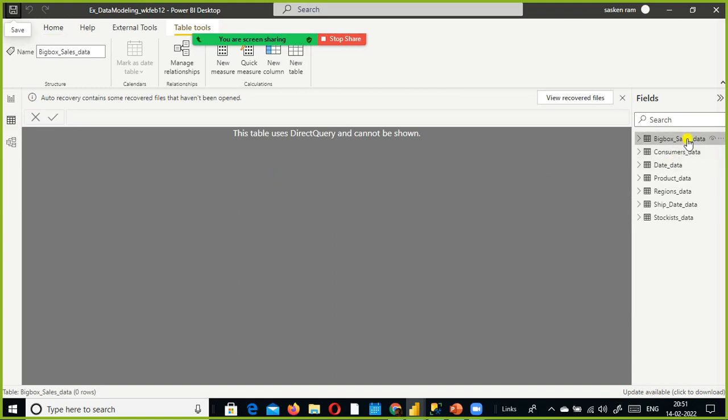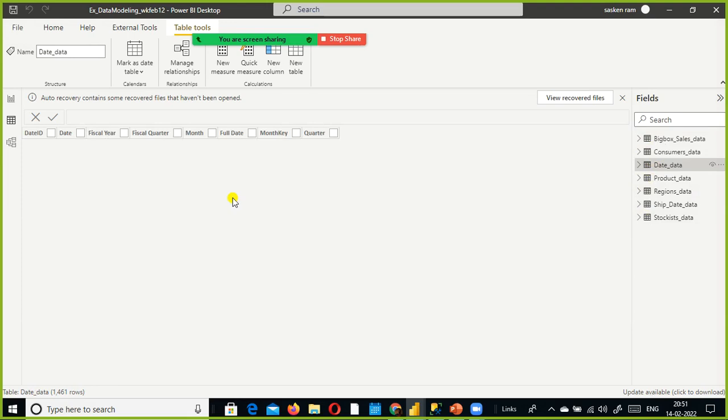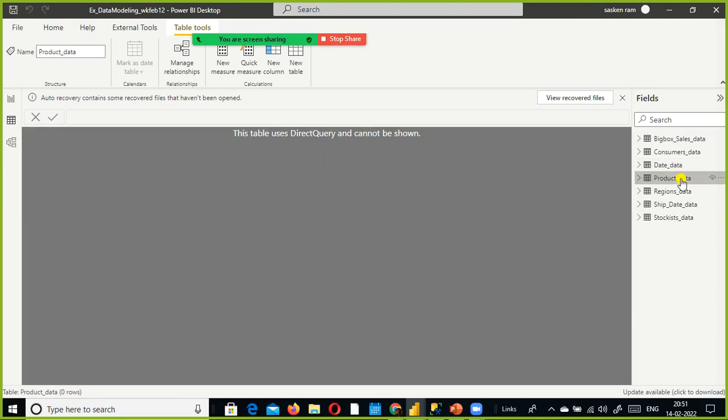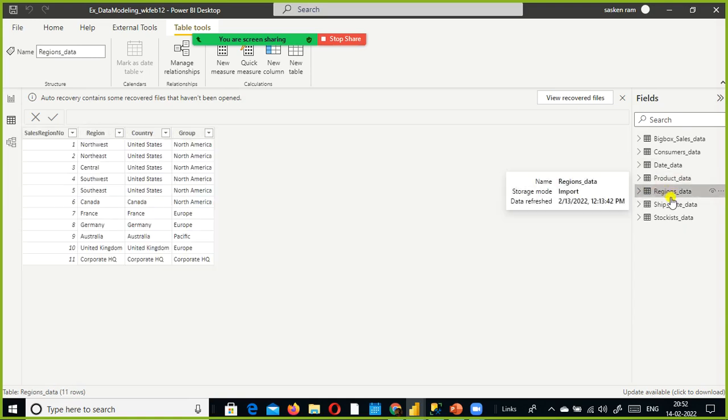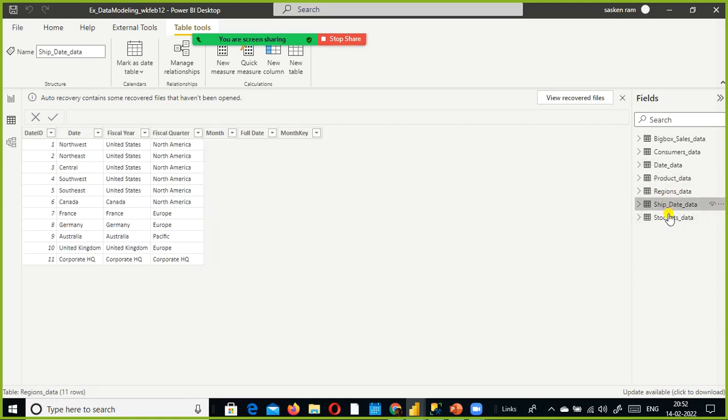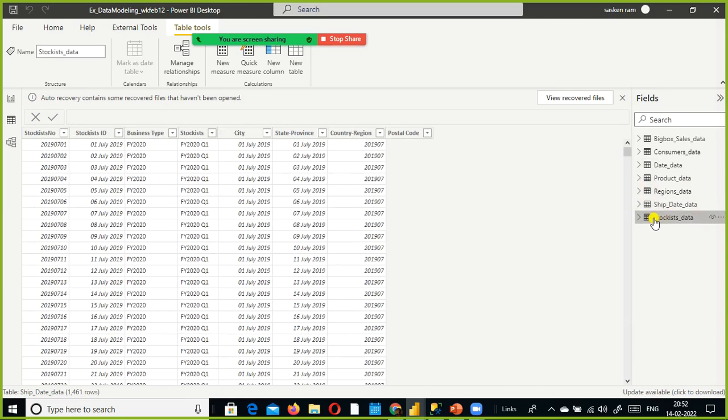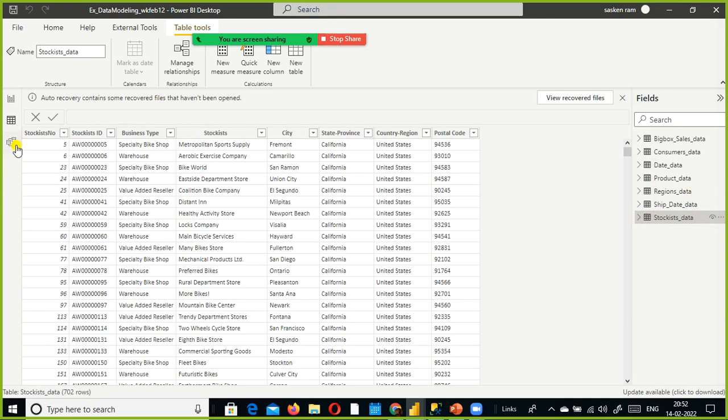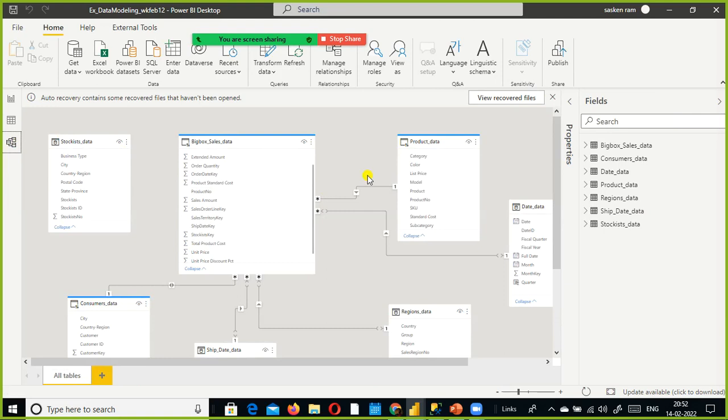Look here, this sales table data you cannot see here because we have used the direct query connectivity mode, and the same is applicable for this table, and data is from my Excel file, and this is my product data. Product data is also direct query, and almost everything, not yeah, regions is Excel, and this is my Excel file. Okay, good. So now what we will do is we'll go back to this one,